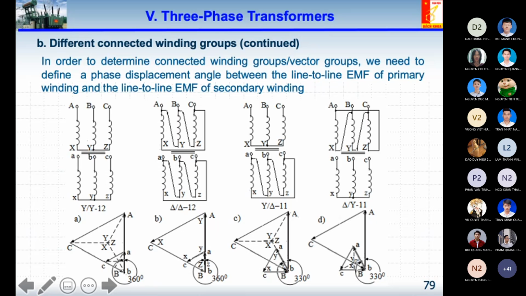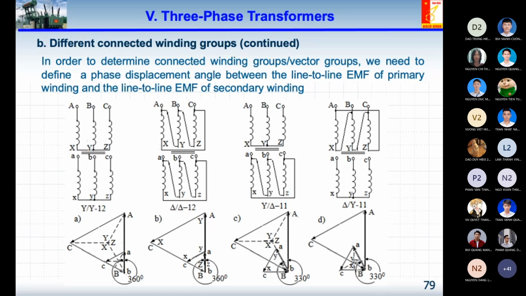And star. Okay, and how to define the number 12 here? If you want to define the number 12, you have to define the phase angle between the line-to-line electromotive force of the primary winding and the secondary winding. Okay, I would like to teach you that later. So, keeping in mind this concept, if you move on to this case,